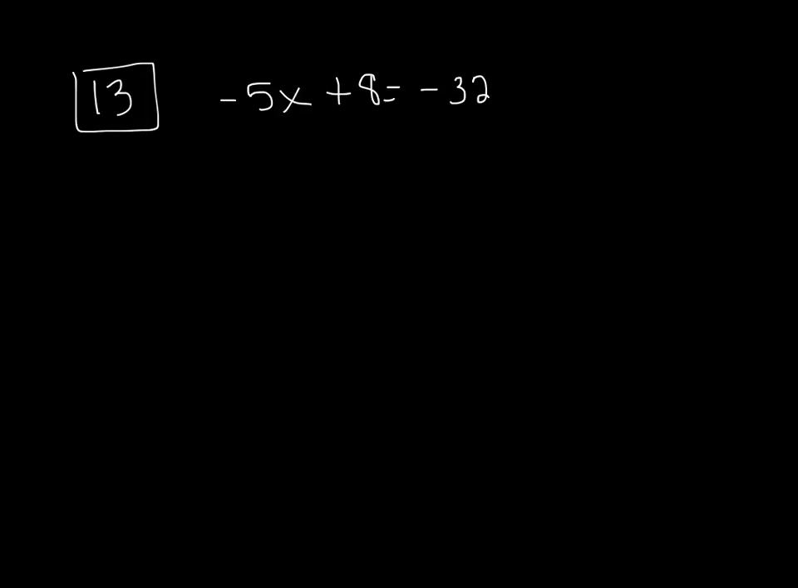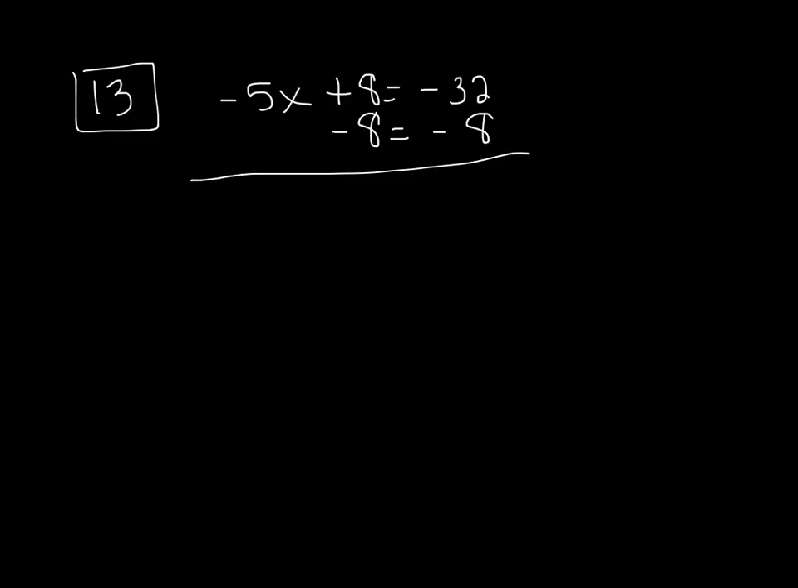So before I can take care of this x over here, I've got to take care of this addition that's over here. So how do I get rid of addition? I subtract. But what am I going to subtract? Am I going to subtract the positive 8, the negative 32, the negative 5? What am I going to subtract? Well, I'm going to subtract that 8 because remember we want it to end up